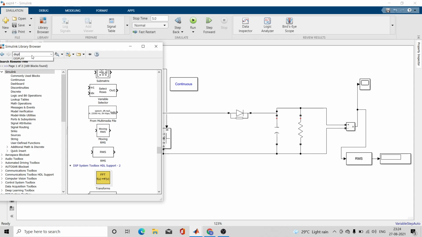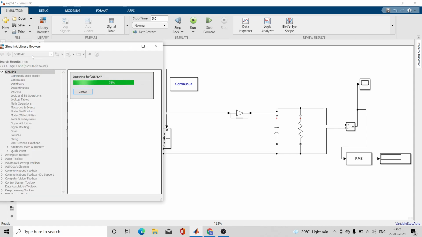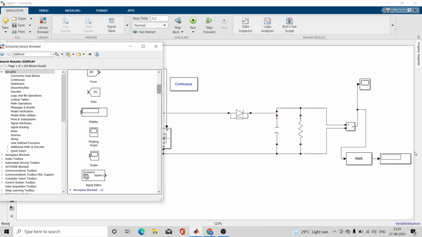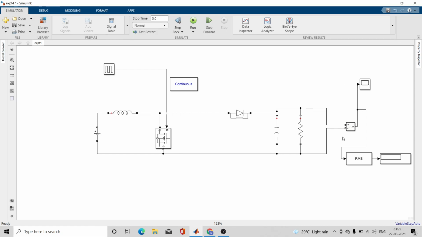Display. I'm just showing how you can find it. Otherwise there is no difference between this and this. So display, you can add this and you will be able to see the RMS value of the output.